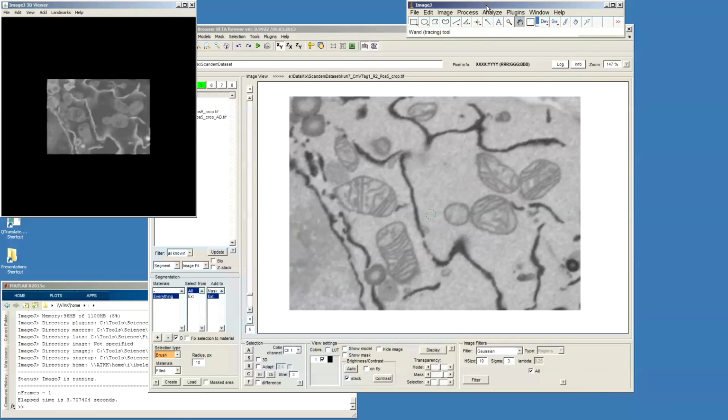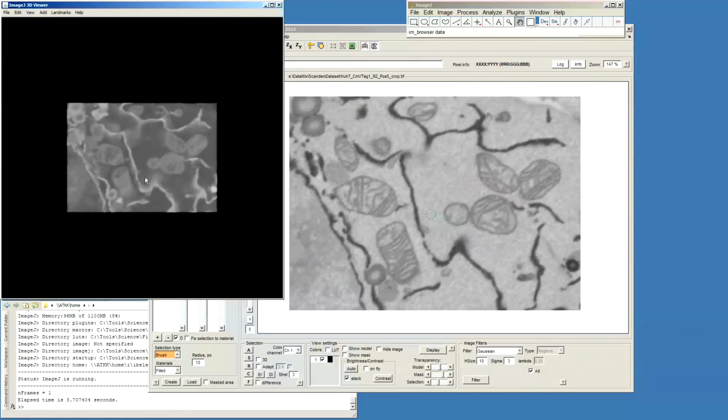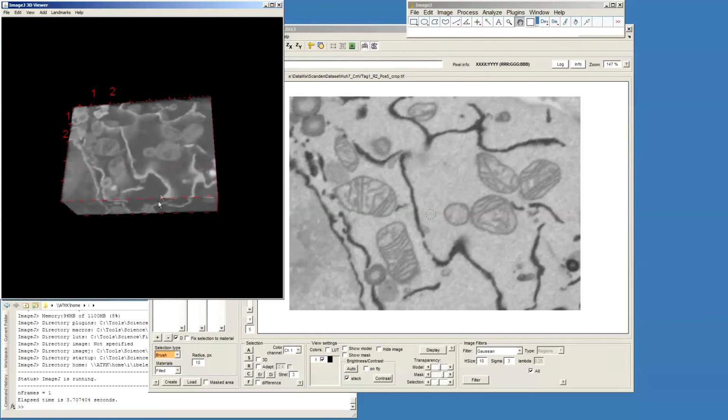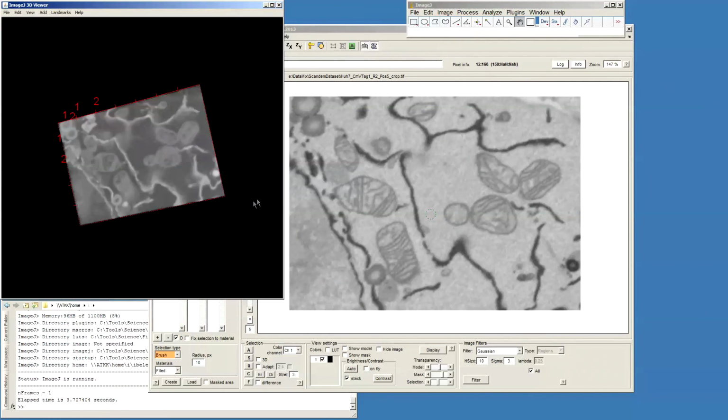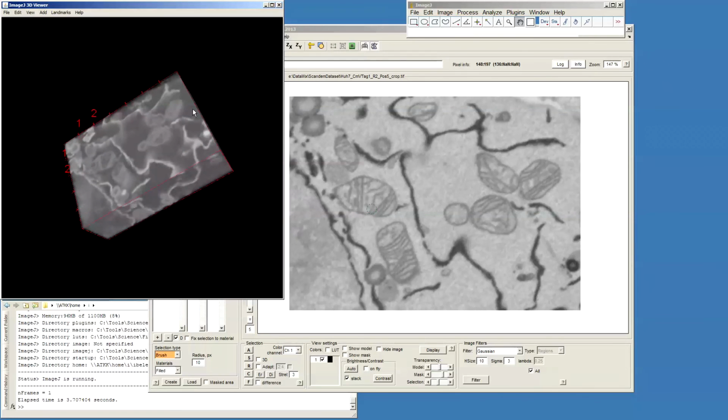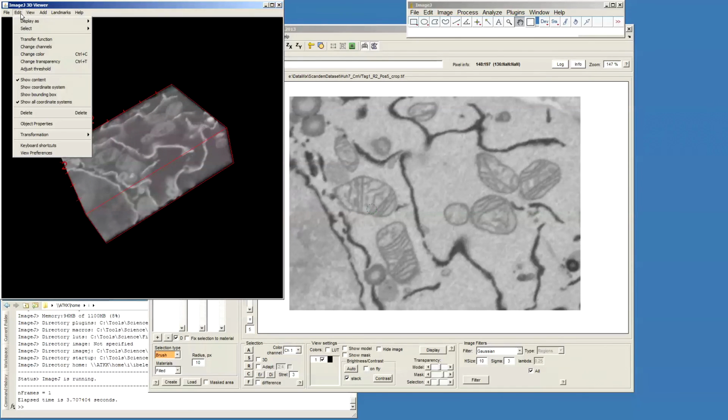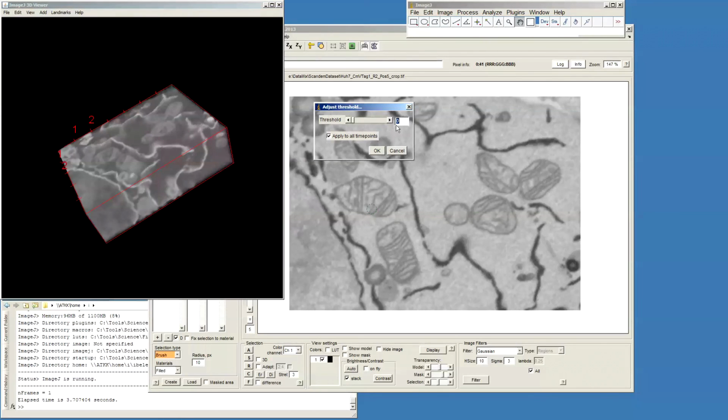And then you can see that Matlab starts ImageJ, Fiji, and here you can see the actual volume that we have now opened. So it is possible to check and see how it looks. The only thing we may need to do is adjust the threshold in order to remove the voxels that are